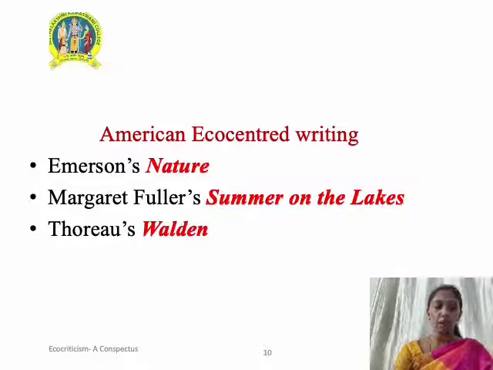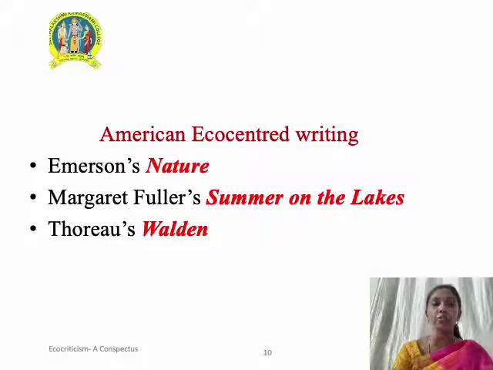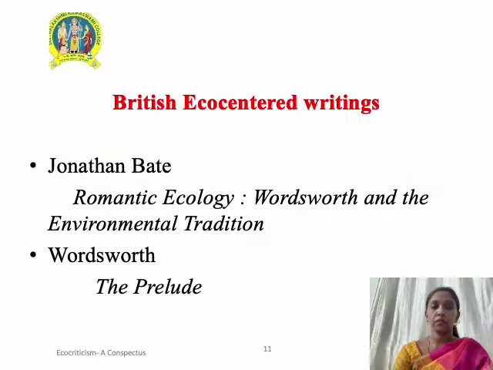We have Thoreau's Walden, that is the result of his staying at Walden Pond for 2 years. This book gives an account of dropping out of modern life and seeking to renew the self by a return to nature. So we can say that these three books can be seen as the foundational works of American eco-centered writing. In UK, the version of ecocriticism or green studies has taken its beginnings from British Romanticism in the